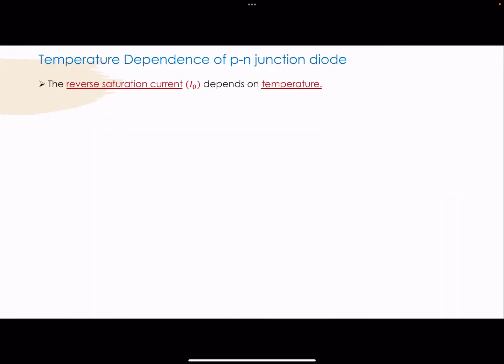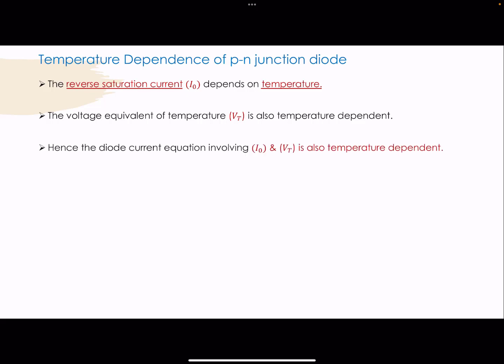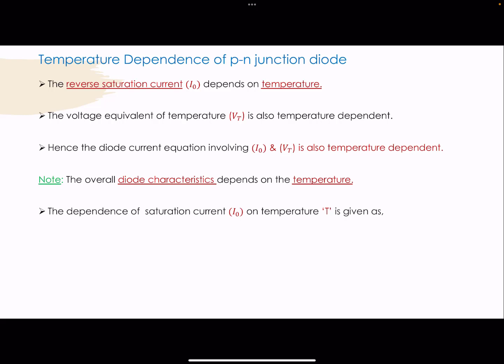Generally, the reverse saturation current I0 depends on temperature, and the voltage equivalent of temperature Vt is also temperature dependent. Hence, the diode current equation involving I0 and Vt is also temperature dependent. And the important note is, the overall diode characteristics depend on the temperature, and the dependence of saturation current I0